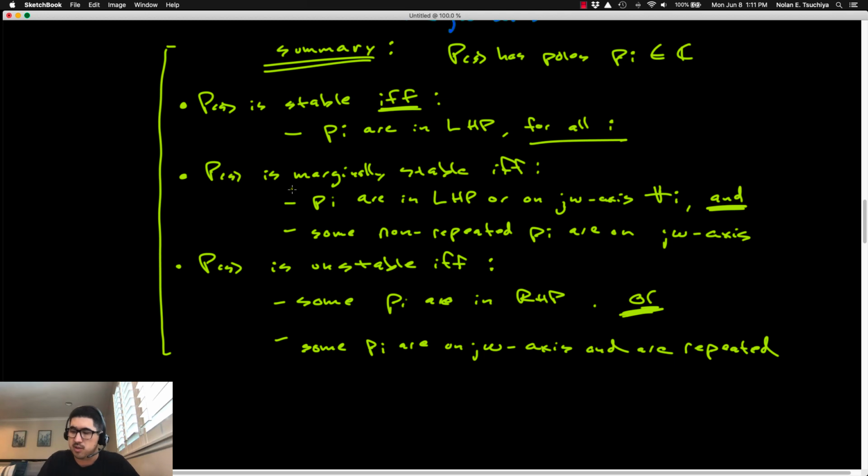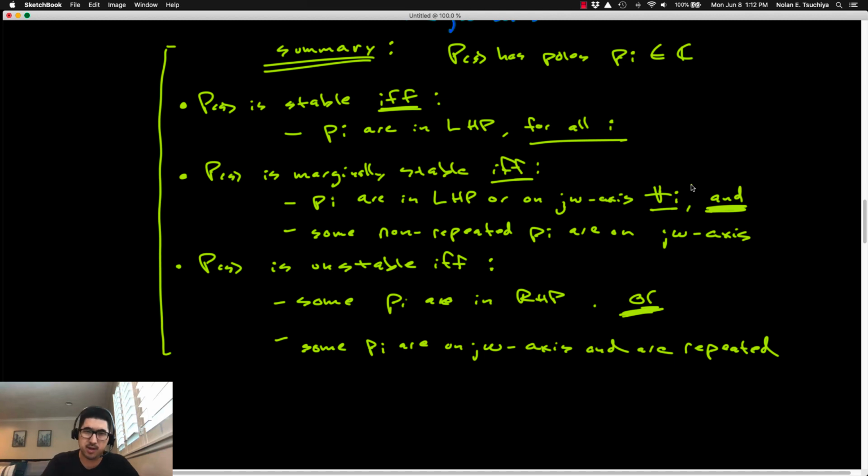Okay, the system is marginally stable if and only if, and this is an and statement, so both of these statements have to be true for the system to be considered marginally stable. And that's the poles are in the left half plane or on the imaginary axis, and this upside down A with a line through it just means for all. So for all i, in fact, what it means is for all the poles in the transfer function,